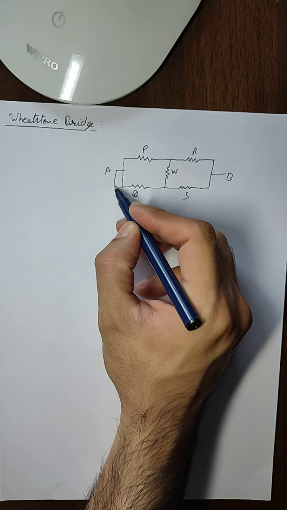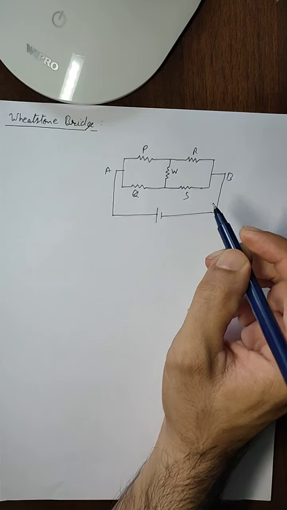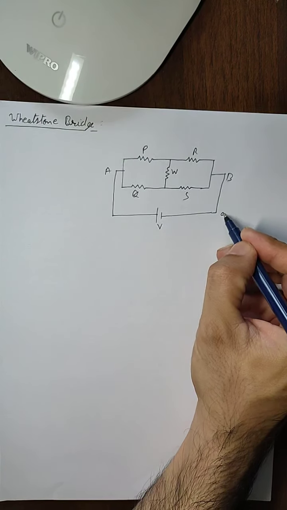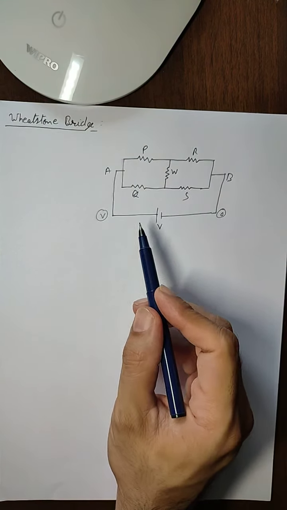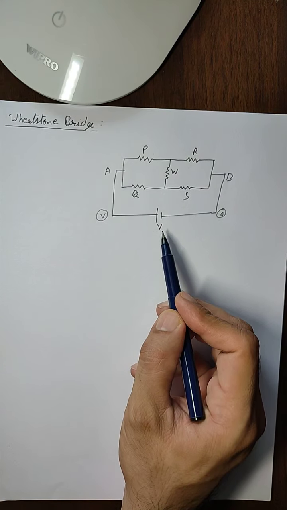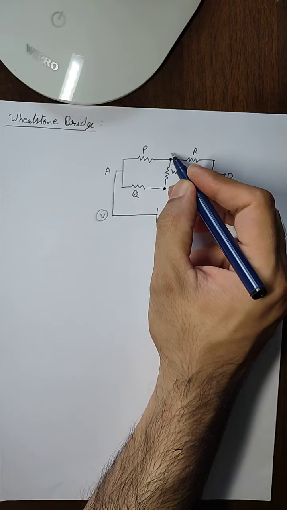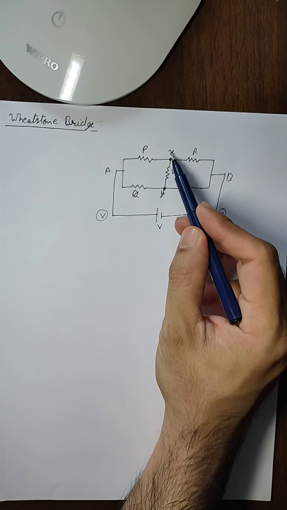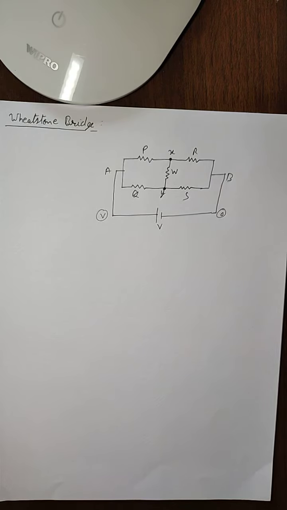So for that we will connect this Wheatstone bridge with a battery of potential V. Now because of this potential V, there will be zero potential here because of the negative terminal and V potential here because of the positive terminal, so that the potential difference becomes V minus 0 equals V. Now if we take two points where we do not know the potential, and these two junctions have potentials X and Y, then we can use Kirchhoff current law as we did in the previous examples to solve this Wheatstone bridge.